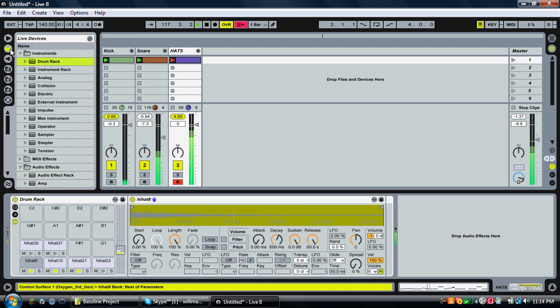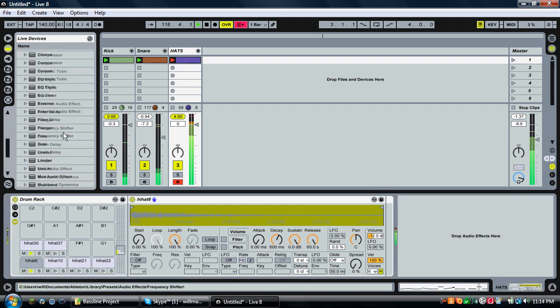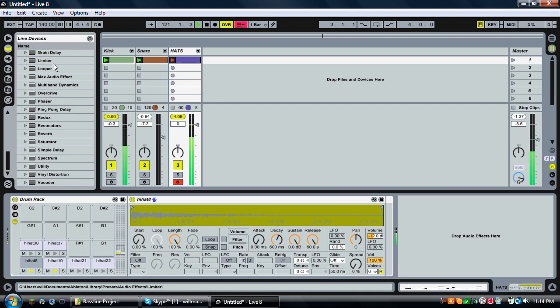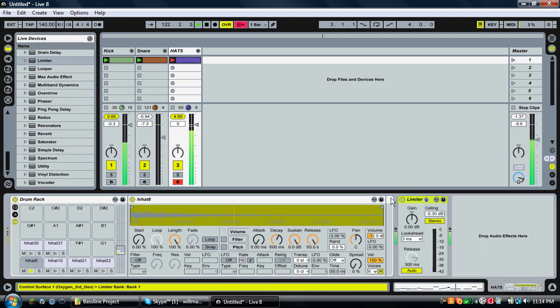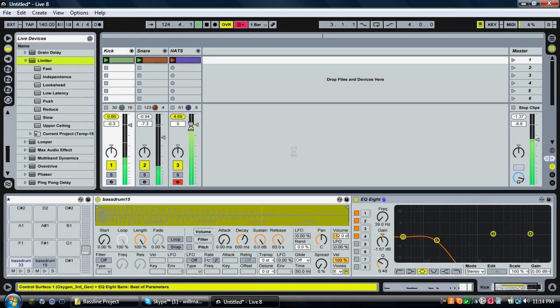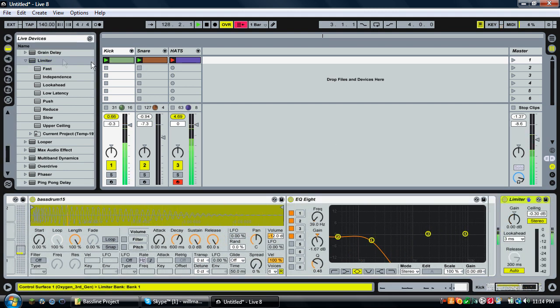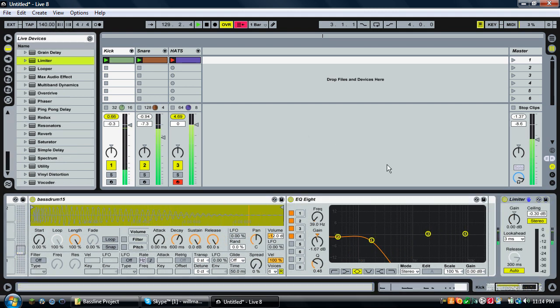And here's one way to kind of cheat if it's going red like that. Just throw a limiter on that. It's kind of cheating and it doesn't always sound the best, but if you're a beginner, you should be fine using that. So that is how you make your groovy